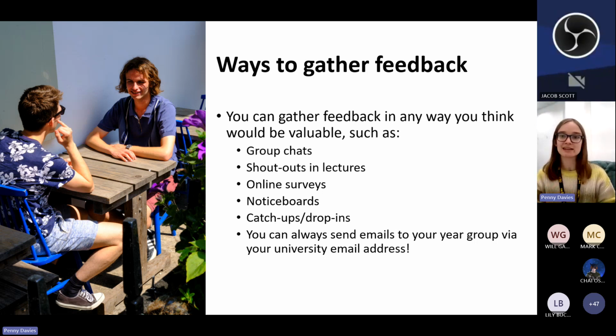Teams has a group chat functionality, and that's a good way to reach all students on your course because all students have a university email that will also have a Microsoft Teams account. You can do shout outs in lectures. So you might want to ask your lecturers for 5 minutes at the start or the end of a lecture, just to say, hey, I'm the rep, I'm collecting feedback. And either point them to a survey you might be running, or you could collect feedback there and then. In lectures, it might be good to do a quick hands up if you want more books in the library or that kind of thing, to get quick quantitative feedback on numbers, percentages, how many people feel this way about an issue.